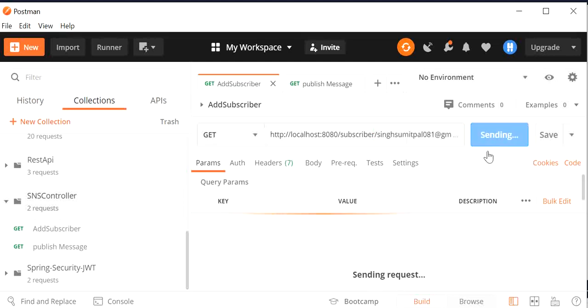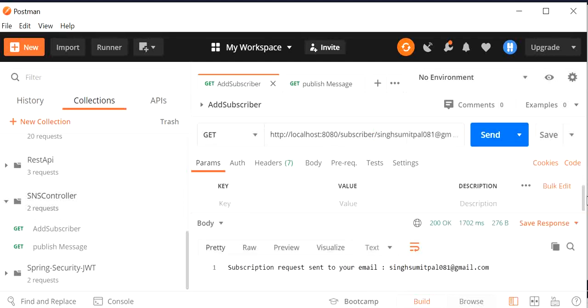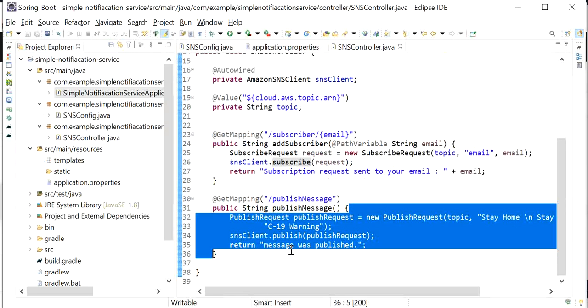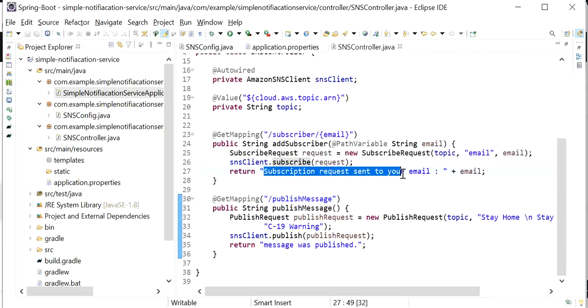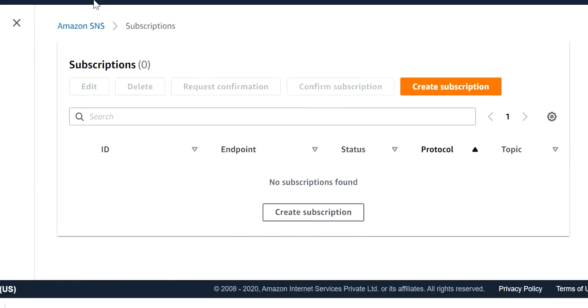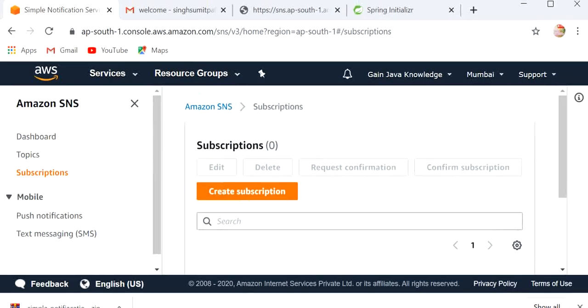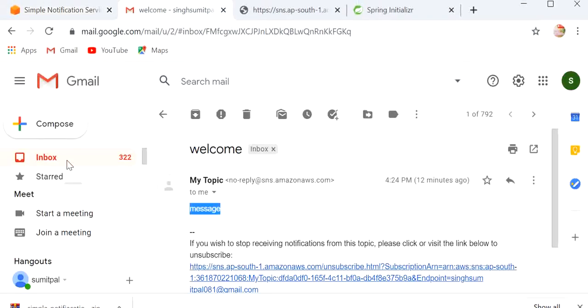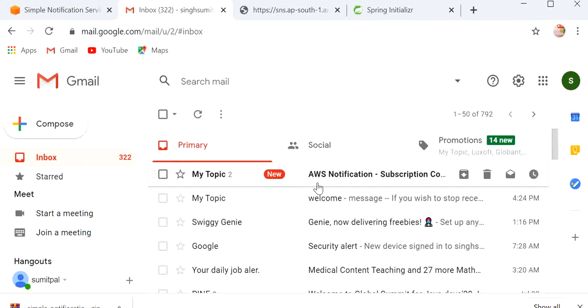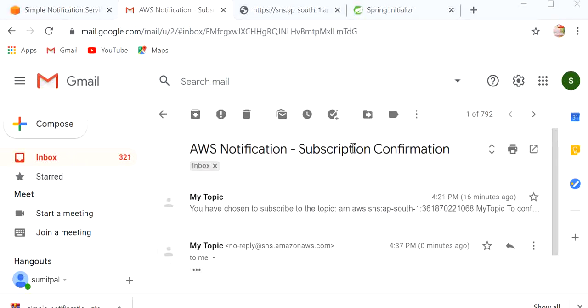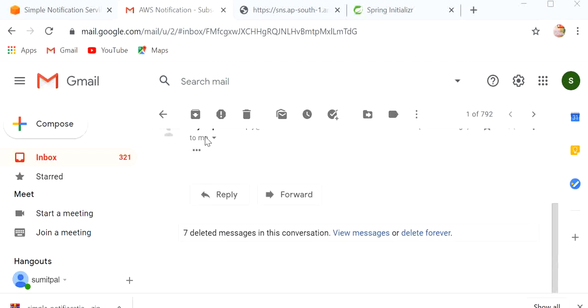So I will go to Postman, and here http localhost 8080 subscriber, and this is the email address that will be added as a subscriber. So now I will click on send, and here we have got one message: subscription request sent to your email. That message we have defined here. So now we need to check this email and confirm. Here I have got this AWS notification subscription confirmation mail.